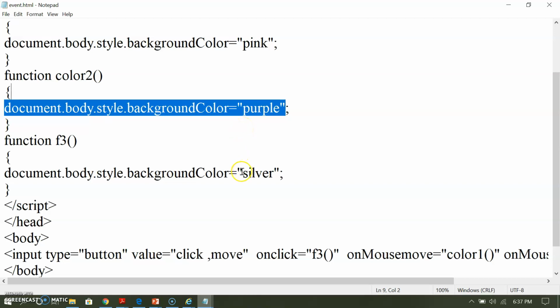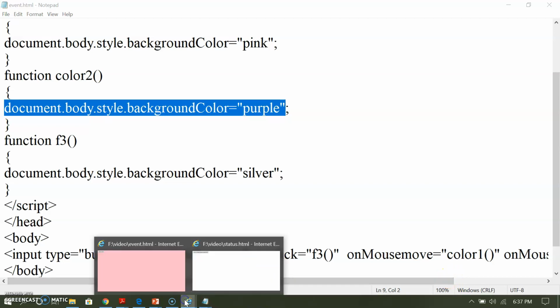So when I click, it is the F3 function. You can change it if you want pink color on click. Just write onclick equal to color1 function. I want silver on click, pink on mouse move, and purple on mouse over.